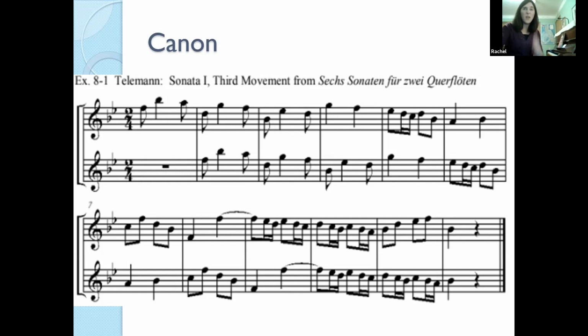Okay, but you can see we have a whole measure, which is actually 2 beats long. Whole measure of the leader starting, and then the follower comes in right after that. So not too long after that, the follower comes in. Notice where the follower starts compared to where the leader starts. Where does the follower start? What note does it start on? Okay, the leader starts on F.